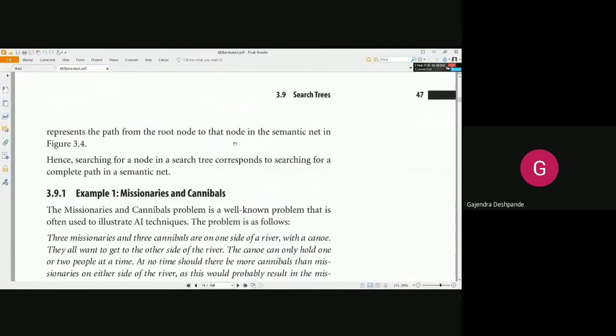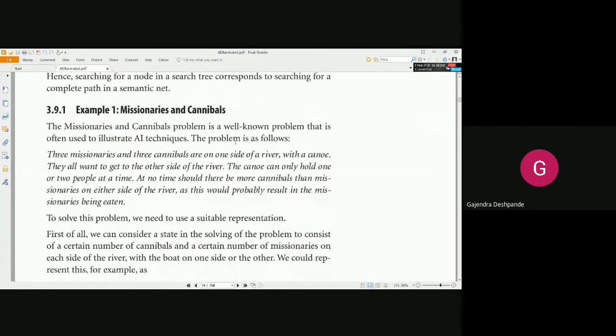And we have also seen one example, the missionaries and cannibals problem. You might have played this game. It's available as a flash game. I don't know whether it is supported on Windows 10, but definitely on Windows XP this flash game was very popular. So there are two banks of the river. On one side of the river you have three missionaries and three cannibals, and using a single canoe you need to move all missionaries and cannibals to the other side.